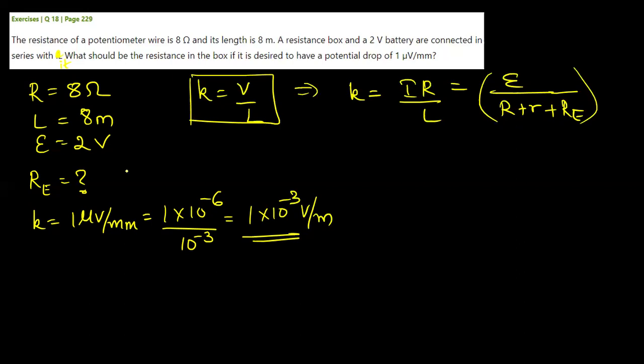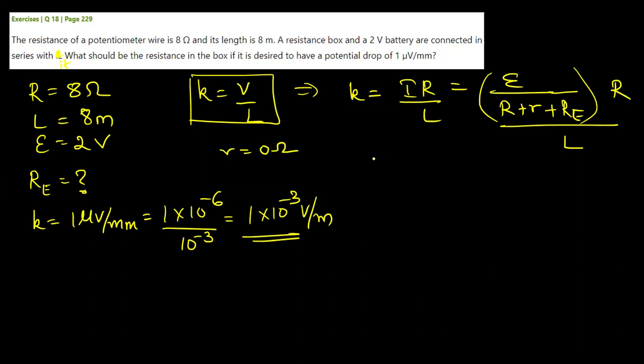In the previous sum, there was nowhere mentioned about the external resistance, so I neglected it and assumed it to be 0. Hence in previous sums, wherever I used this formula, I did not write Re because it was not mentioned and you will assume it as 0. In this sum, I have been given capital R, I have been asked Re, but small r is not given, so you will assume small r as 0 here. The data which is not given to you, you will assume as 0. Multiplied by capital R divided by L. So therefore,